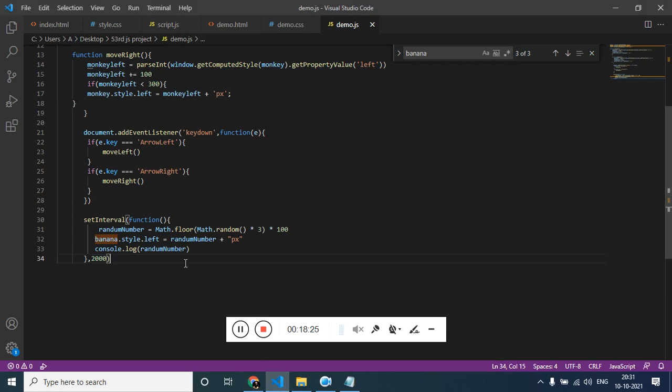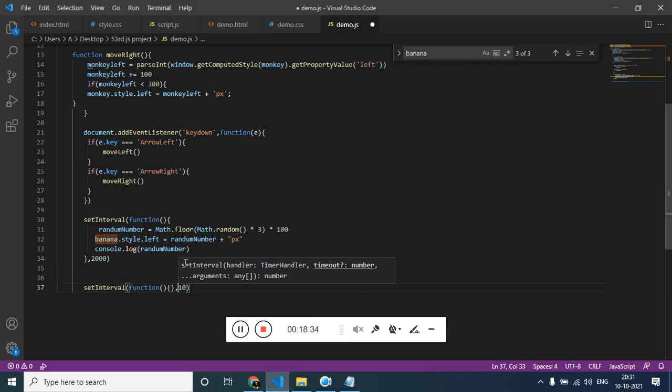So first thing first, let's start the set interval, and this need to be a powerful one, so let's run this every 10 seconds, and let's store this into a variable so that if the game is over, we have to stop this.